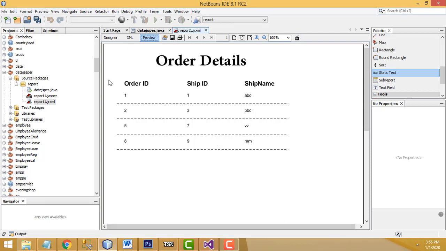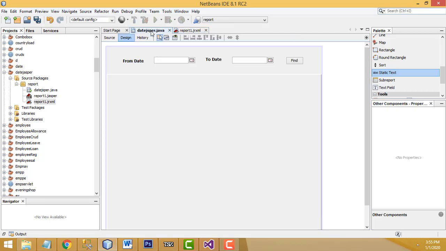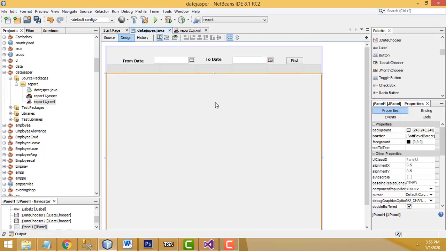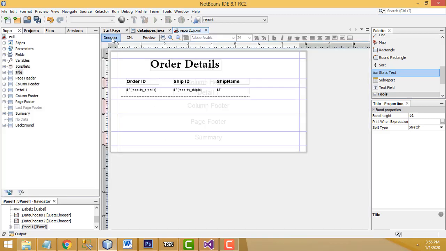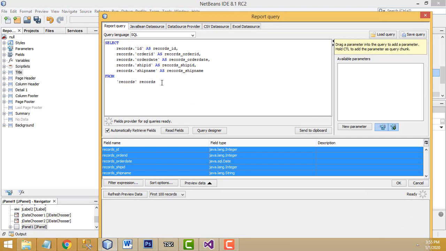So now what I am going to do is attach the report into my form, right? So here inside the frame. First I have to pass two parameters on this order details. So how to pass two parameters is go to the designer, click on this one, right? Here I am going to use date. I have to use from date and to date. In between that date, what sales happened, we have to find. Okay, that is my